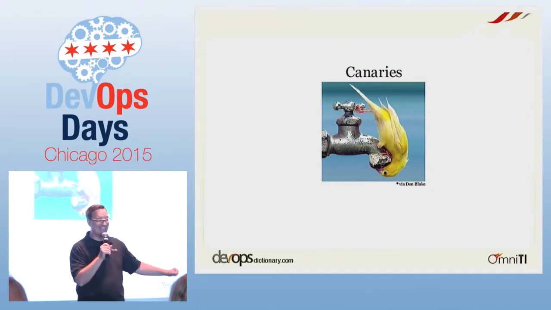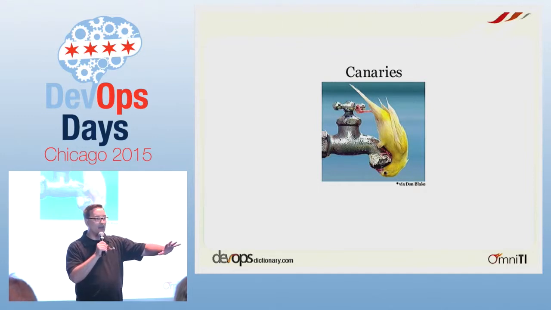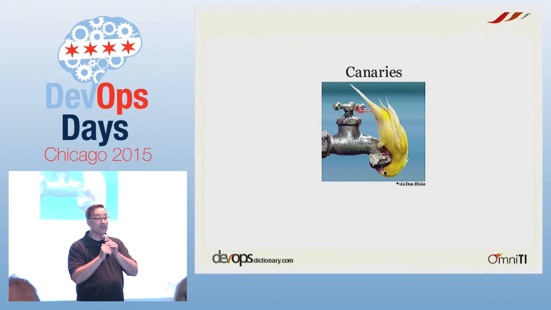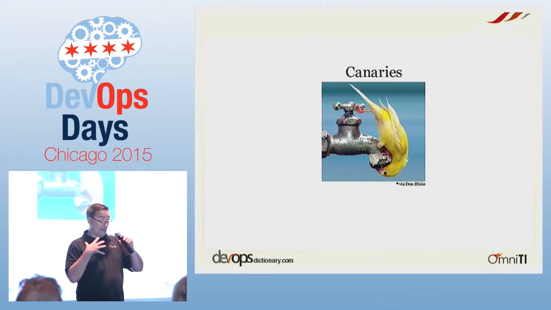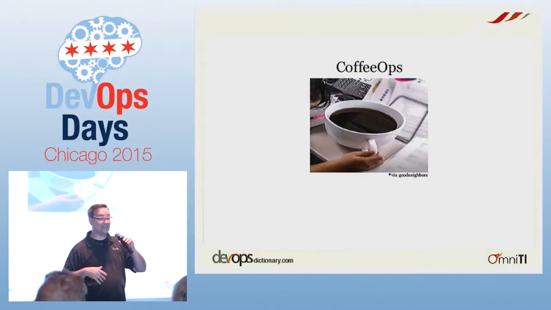Canaries. Canaries comes from deployment testing. The idea here is that when you do a deployment, you would deploy to a small group of servers and see how it goes. And if it goes well, then you deploy to the rest. The term comes from the old-time miners who would bring an actual live canary into coal mines, and the little bird's tiny lungs would die if it encountered any methane or bad mine gas. It would die first, and so you knew that all the humans had to get out.